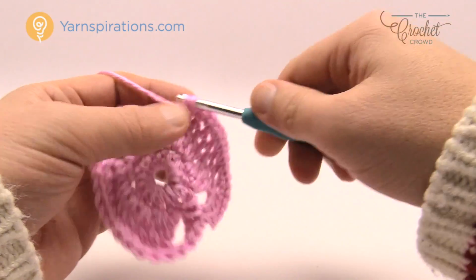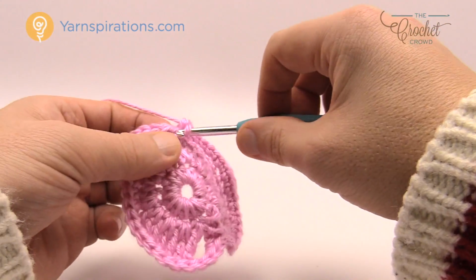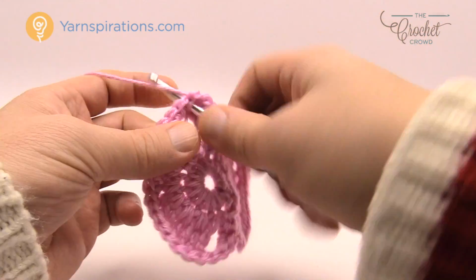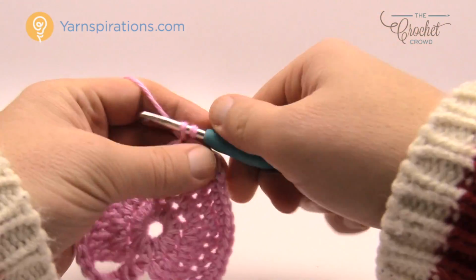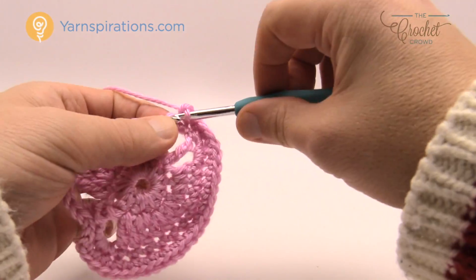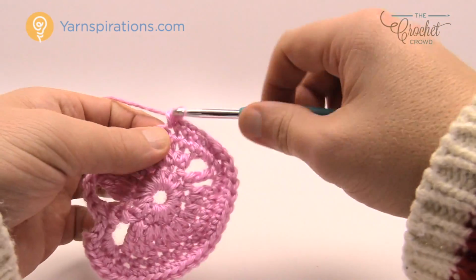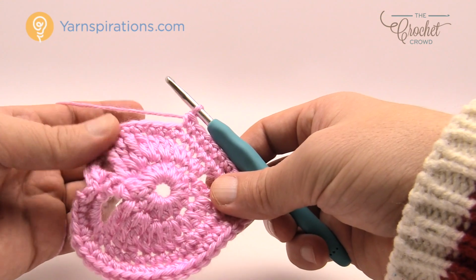So 1, 2, 3, 4, 5, 6, 7, 8, 9, 10, 11, 12, 13, 14, 15, 16, and 17. So now that I have my 17 in, the next 6 are going to be each